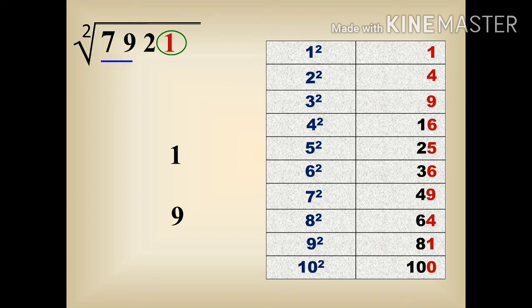Next step, we have to find where the number 79 falls in the tabular column. It falls between the range 64 and 81. So let us write 8. So there is a chance of getting either 81 or 89. Next, we should multiply 8 with its next number 9. So if we multiply 8 and 9, we will get 72.